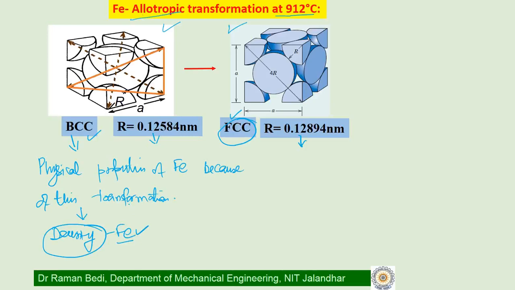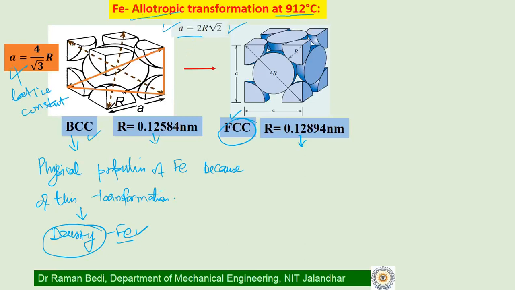We can very simply know this by our understanding of the previous two slides where we looked at BCC and FCC crystal structures. We now have a relationship for A. If you recall from the last slide, A happens to be the lattice constant. The lattice constant in the case of a BCC system is 4 by root 3 into R, and the lattice constant for an FCC structure is 2 root 2 into R.